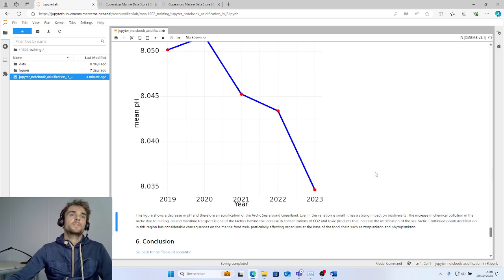Continued ocean acidification in this region has considerable consequences for the marine food chain, particularly affecting organisms at the base of the food chain such as zooplankton and phytoplankton.